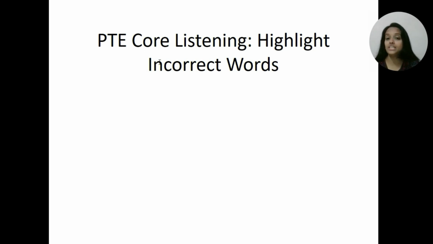If you have ever done the highlight incorrect words task in PTE Core, you already know it's one that looks simple but feels like a psychological ambush. You are staring at a paragraph, you are listening carefully, everything feels smooth. Then suddenly, you realize the speaker said something slightly different and you missed it. That's not an accident. This task is built to expose your brain's split second confusion between what you say